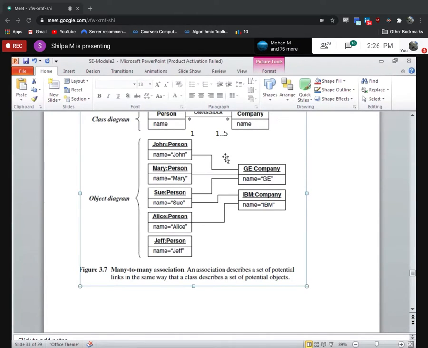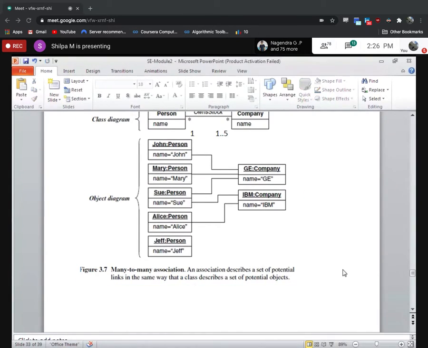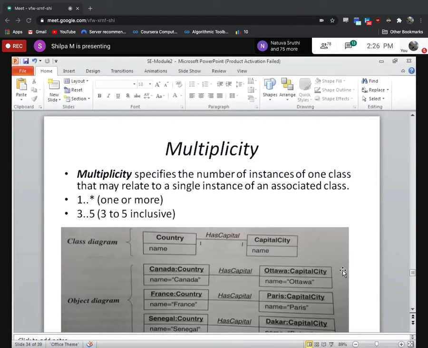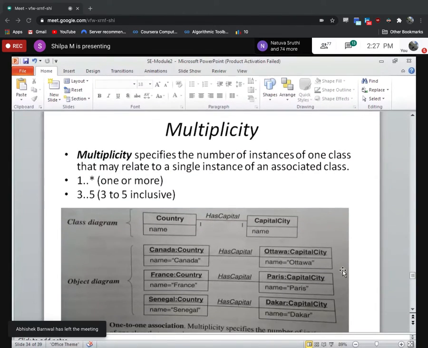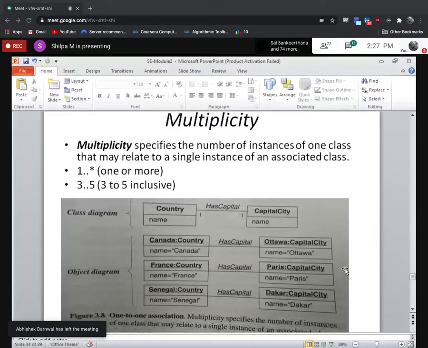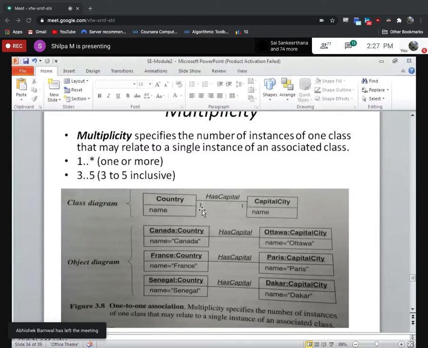Like that, these associations are one to many, many to one, many to many, or like that. Okay. Am I clear with this? All of you? See here, this is one to one association. If it is star and star here, it is known as many to many association. Okay.